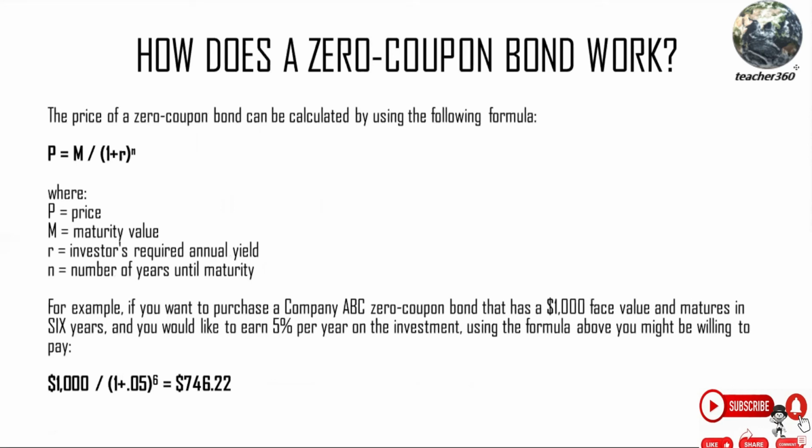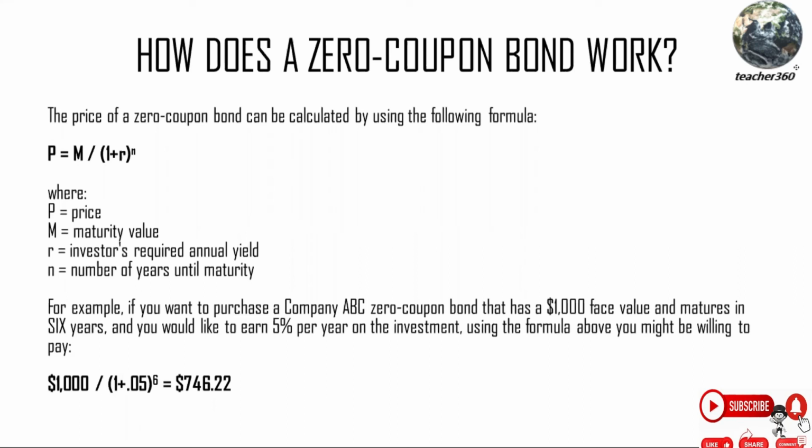The price of a zero coupon bond can be calculated by using the below formula, which is P equals M divided by (1 plus R) to the power N. P is the price, M is the maturity value, R is the investor required return, N is the number of years. If you want to purchase a company ABC zero coupon bond that has a face value of $1,000, and maturity period is 6 years, and you'd like to earn 5% per year on the investment, using the formula,